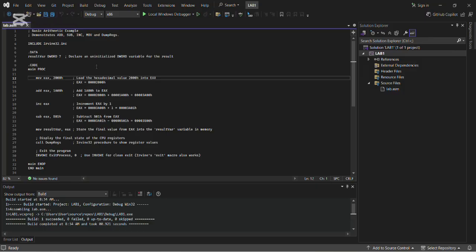This is our ASM file. In this file, we have a basic arithmetic example and will demonstrate the ADD, SUB, INC, MOV, and the DumpRegs. Firstly, at the first line of our main procedure, we set a breakpoint on it, which is the red